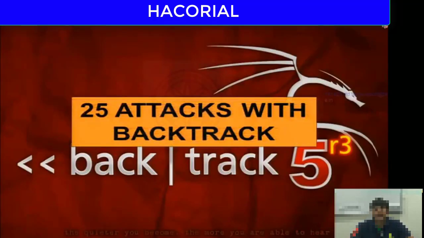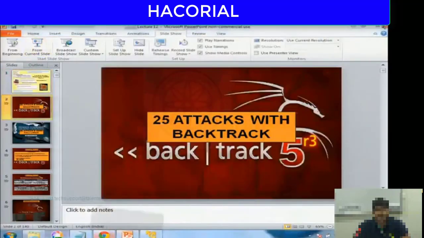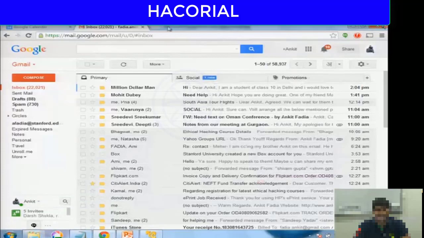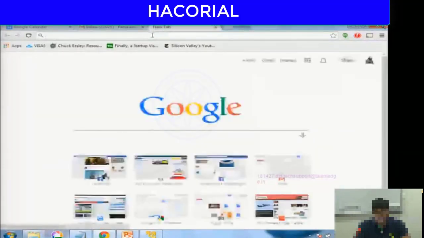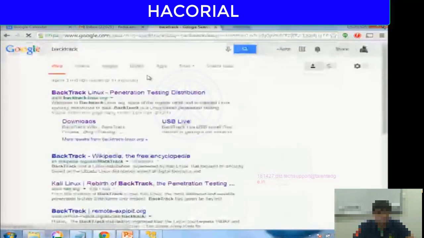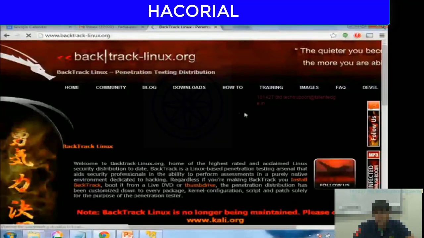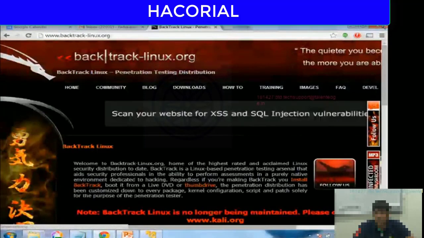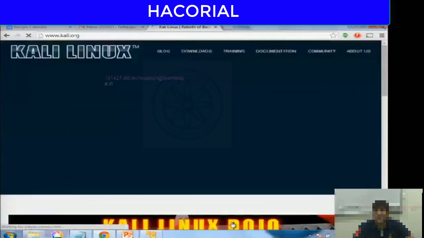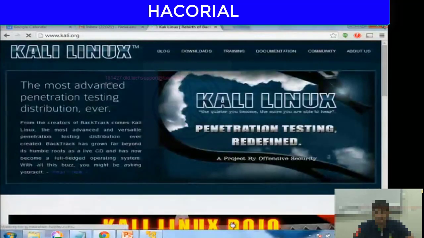So like I said earlier, the main topic of today's lecture is 25 attacks using Backtrack. But the problem is, if you open your browser and try to go to the Backtrack website, you're going to see this problem. Right? So I go to backtrack-linux.org and it says Backtrack Linux is no longer being maintained. Please check kali.org. So you should click on that link,